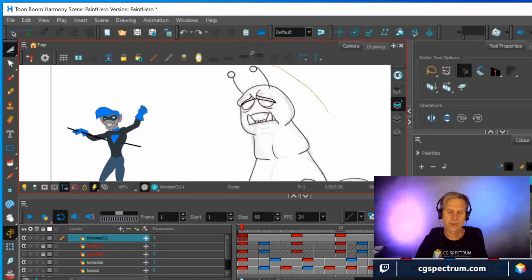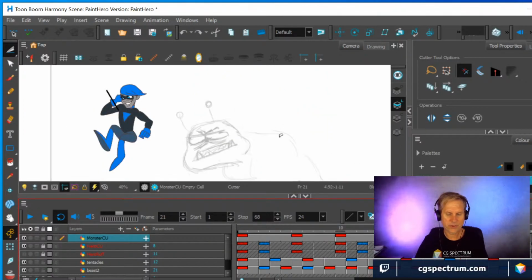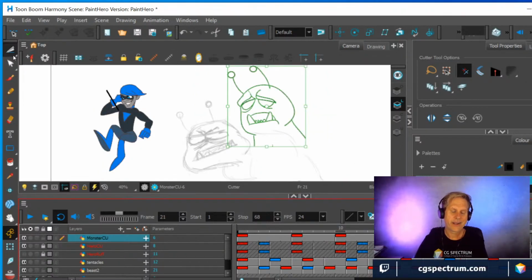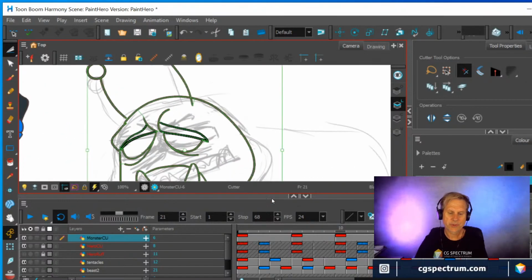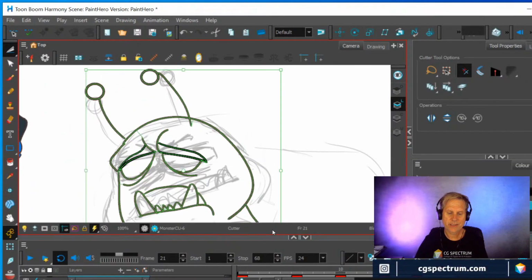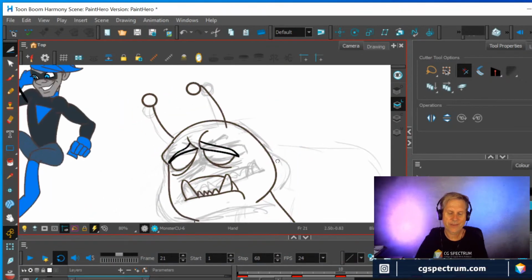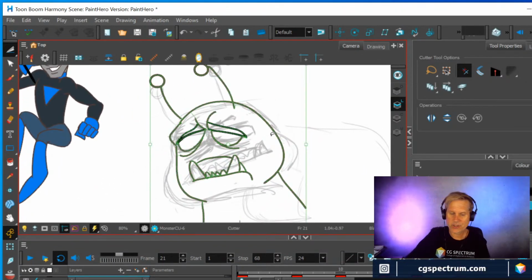So do it again. Control C to copy it, and then Control V, and now I can just place this over the top of the other one and go, well, how close is it, and how much can I make it look close if I just squash and stretch some things? So now I'll go in here and do some surgery. I can get rid of my timeline so I have more real estate, and then squash and stretch this,